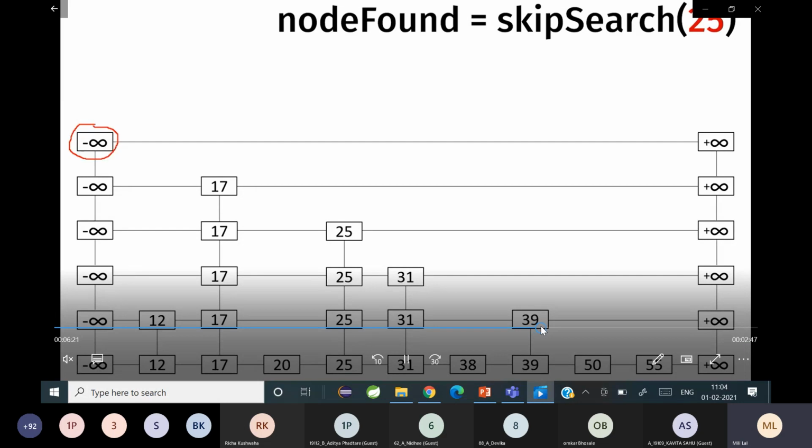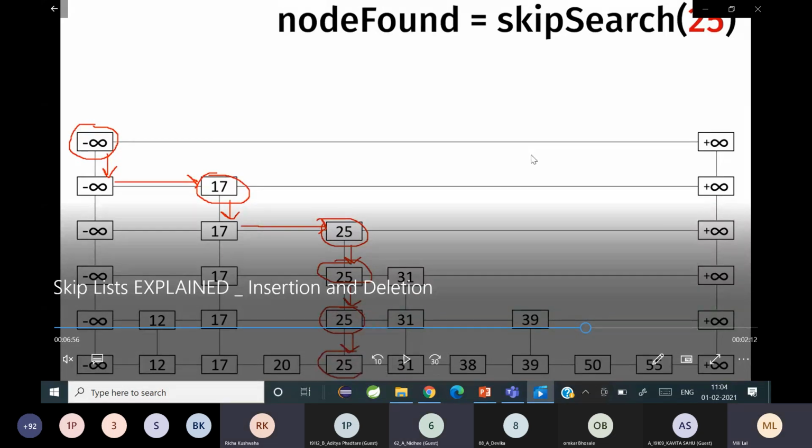Okay, so you can see how it is. First negative infinity, then you go to 17, then you come down because after 17 you don't have anything, then you find the node 25, right? So 25 is found, but 25 has many levels, so you have to go to the lowermost level. Can you see the image, how it's going?